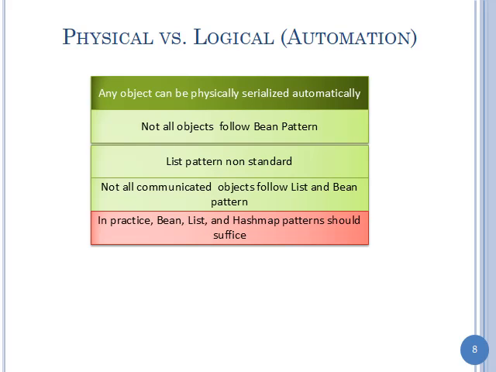So not all objects follow the bean pattern. I've defined a list pattern, but that's my definition. Nobody else in the world has defined it. So what most of these logical structure serializers say is, you can have a bean, or you can have an array list, or you can have a vector, and that's it. And you can have a hash map and a map, and that's it. If you have your own implementation of a map that is not following the map interface,